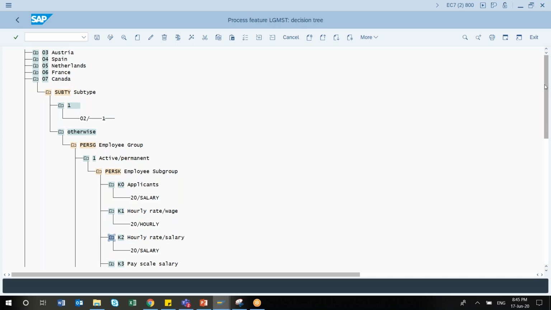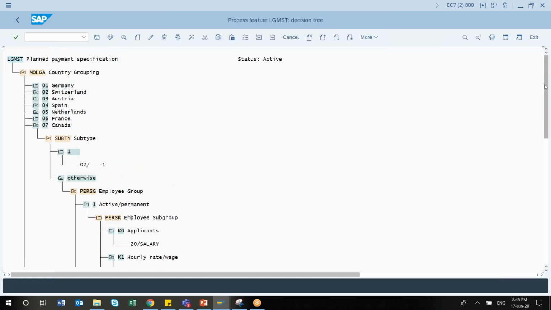But suppose the client does not have a proper structure, it is not mandatory to always use this feature. These features are good to have. Mostly in the private sector it is not used because the salary varies a lot. There is only a minimum and maximum salary, but it can vary a lot. Only in the case of government sector or PSU, public sector, generally those have a fixed band and fixed time. In those cases, these are very much relevant.